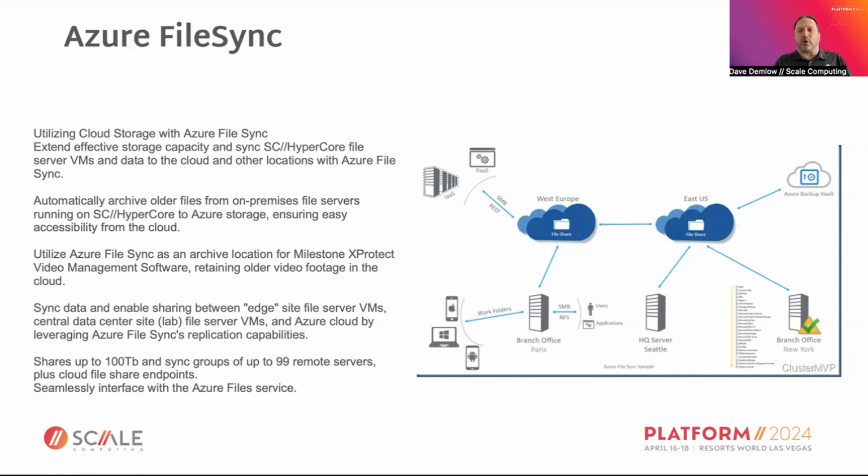You have a local on-prem copy that's fresh and available quickly when you need it, but then archive it off to cloud-based storage to save on cost and basically provide an infinite capacity file server. And in some use cases, it actually provides synchronization and sharing of data between multiple sites, between cloud-based access and different branch offices, for example, or even distributing it out to tens or hundreds or thousands of edge